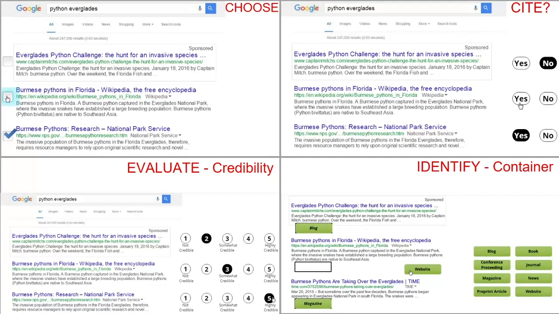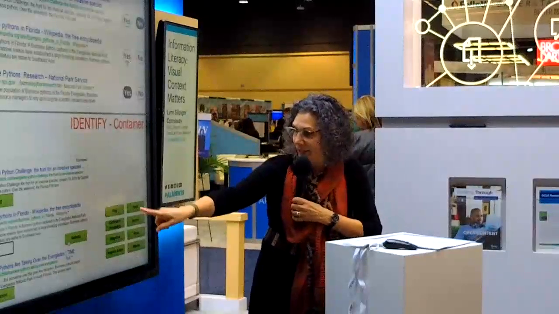These were some of the simulations. You can see the top one, they had to choose 20 items. And then would they cite them? And then how would they evaluate them? Are they credible? And then identify the container. So you can see with the container, we have blog, book, conference proceeding, all of those things. And Sam, you